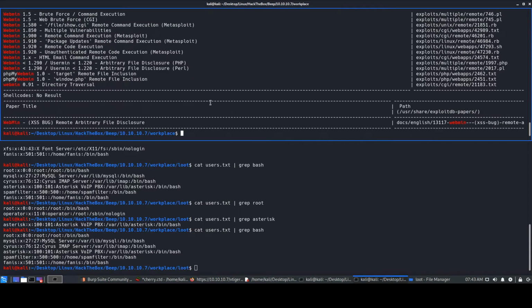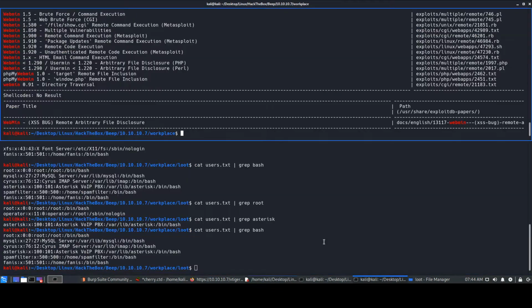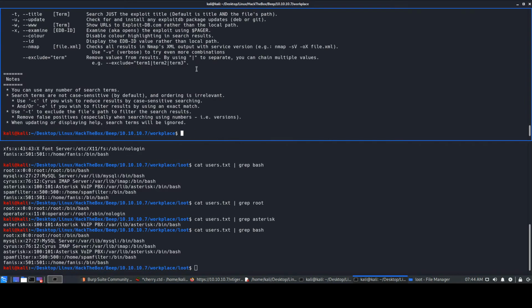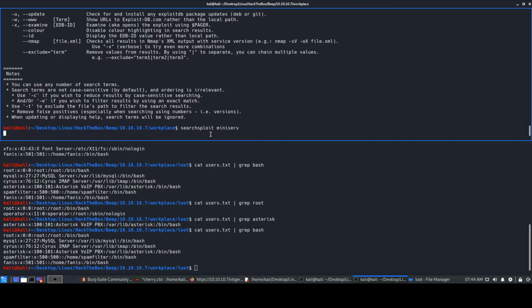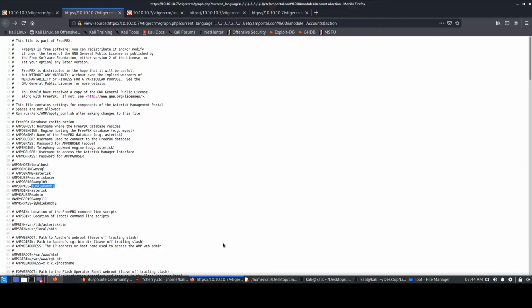So probably you can go on Google as well and search for that particular web application to see if there are some vulnerabilities present. Or the server over here is like miniserv something running, right? So let's just look at that as well. Okay, I think miniserv. We do not get any results for this, so I don't think it was very useful. So what we'll do is first quickly look at the particular web